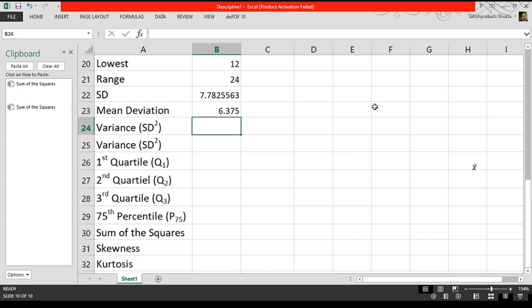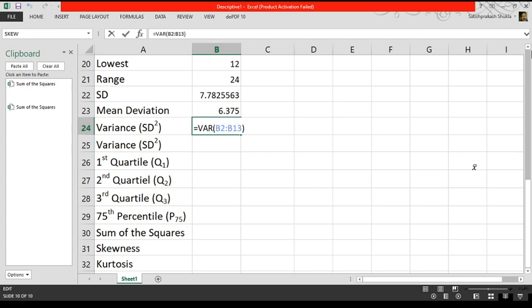Now to find the value of variance, there are three different ways. We'll see only two ways here. Number one out of those is to find variance by using the Excel function, and the function is equal VAR, and in bracket the data range B2 to B13, and we'll close the bracket and press enter key and we'll get the value of variance, that is 60.568182 here.